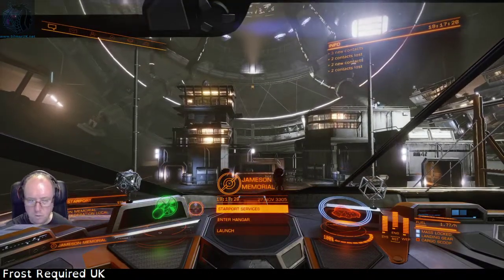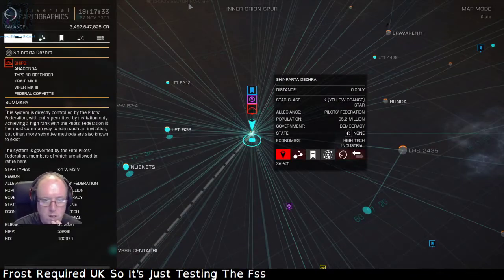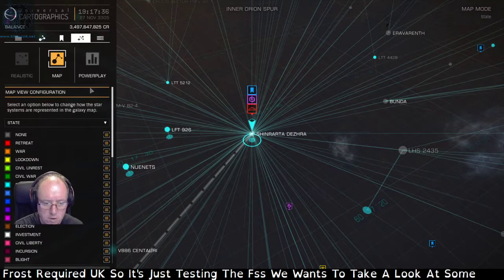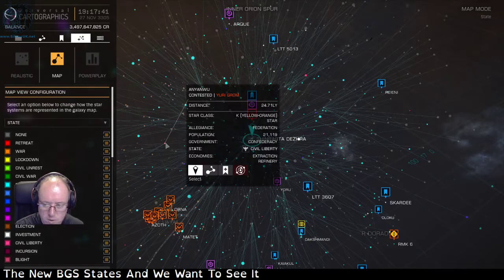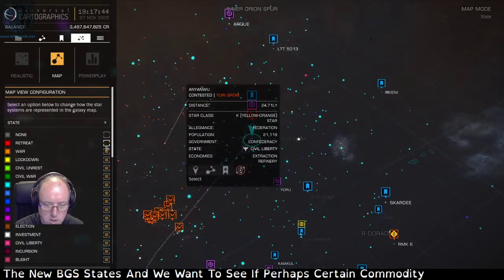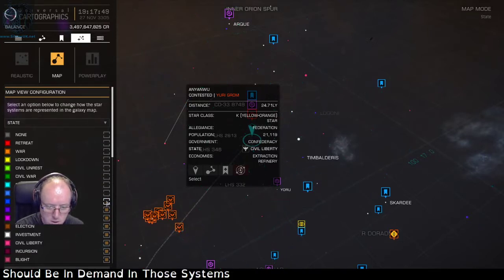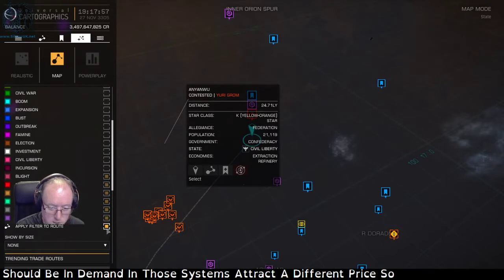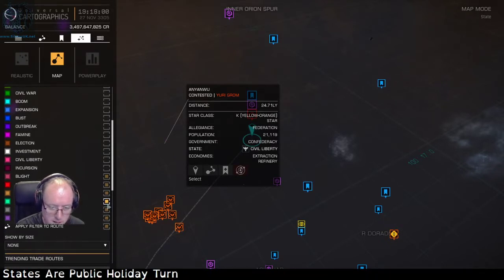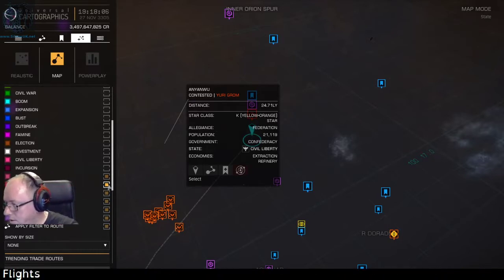Right. So, as well as testing the FSS, we want to take a look at some of the new BGS states. And we want to see if perhaps certain commodities, which should be in demand in those systems, attract a different price. So the new BGS states are public holiday, terrorist attack, drought, infrastructure failure, natural disaster and blight. Now,